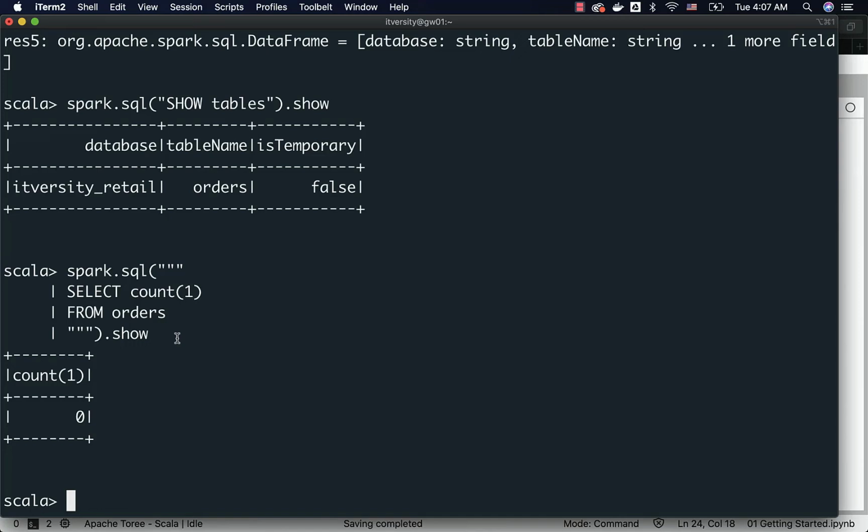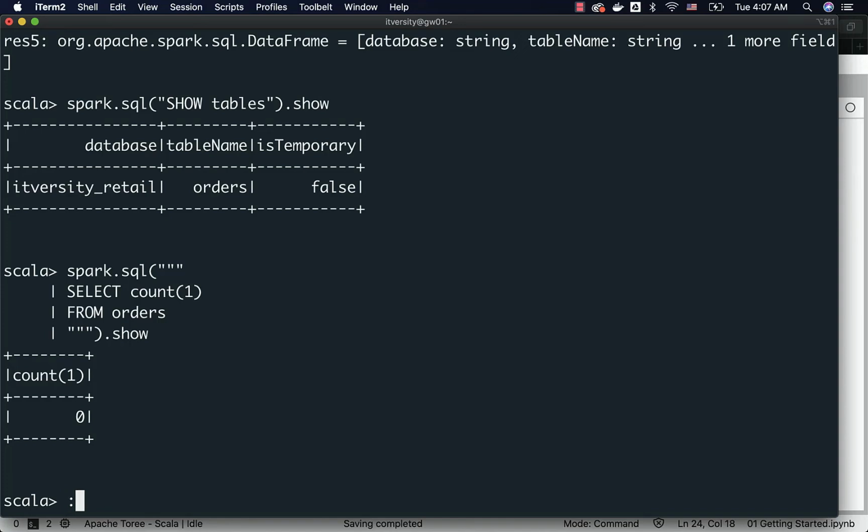Show also takes a couple of arguments such as number of records and also whether you want to display the complete part of the data. For that you have to say false and you should be able to see the results. I will demonstrate those aspects when we get into the queries. For now, just launch the Spark shell and try to run Spark SQL queries so that you are comfortable in interacting with Spark Metastore tables, even by using CLIs such as Spark 2-shell as well as PySpark 2 in our case. In your case, it could be Spark-shell and PySpark.